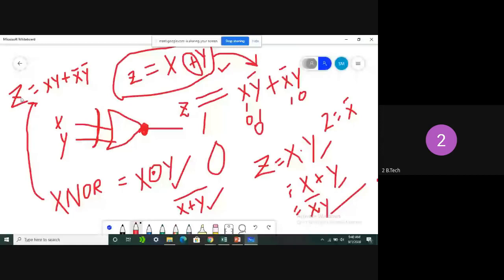We can see that in the next sessions. With proof, I will show you why NAND and NOR gates are called universal gates. Universal gates means that if you take any logic, that logic can easily be constructed by NAND and NOR gates only. That is the reason why NAND gates and NOR gates are called universal gates. Is that clear, all of you? Yeah, sir. So NAND and NOR gates are called universal gates.